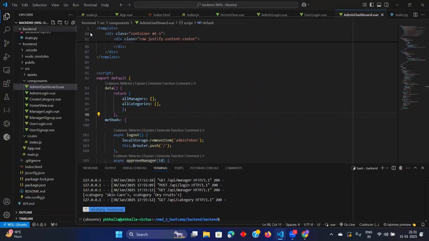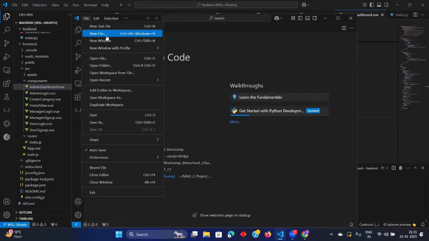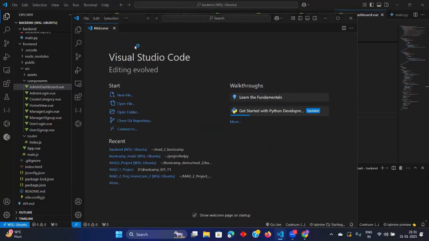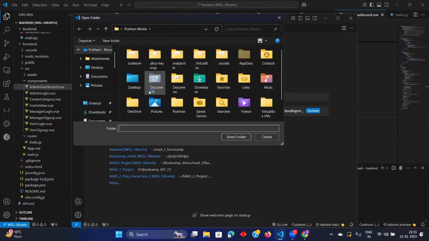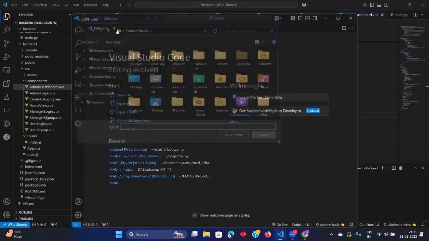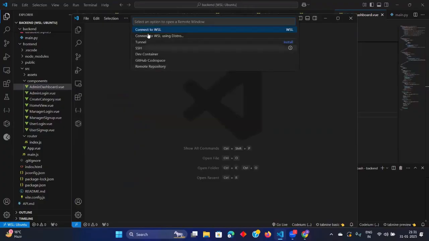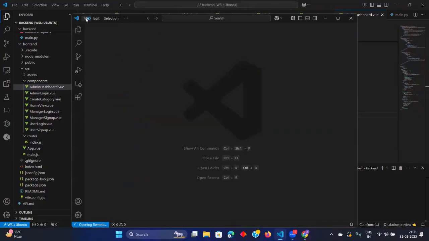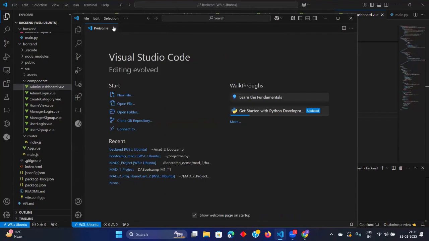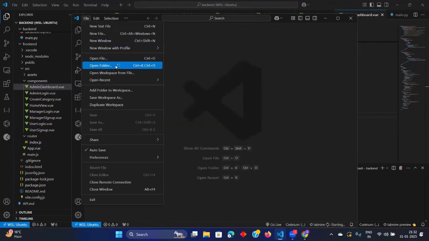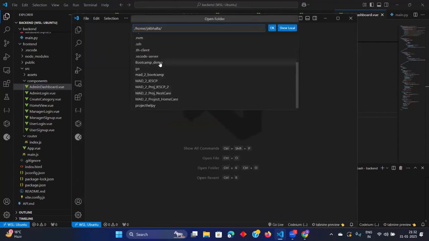If I open that window, is that okay? So okay, it is not with the WSL. Choose the one.